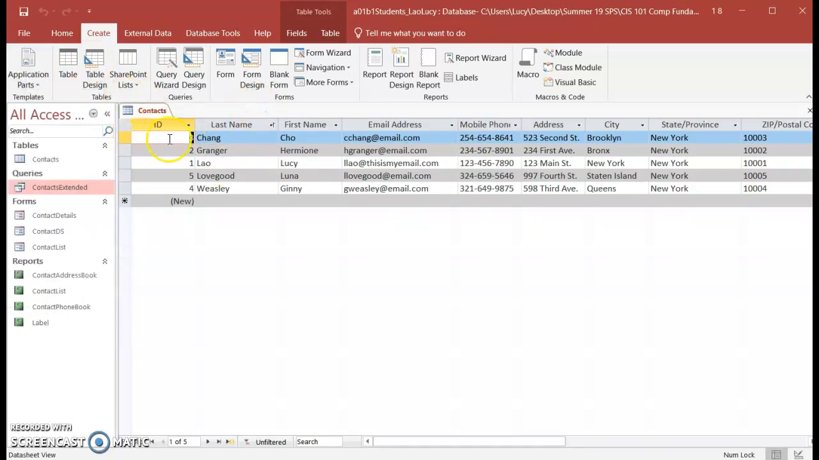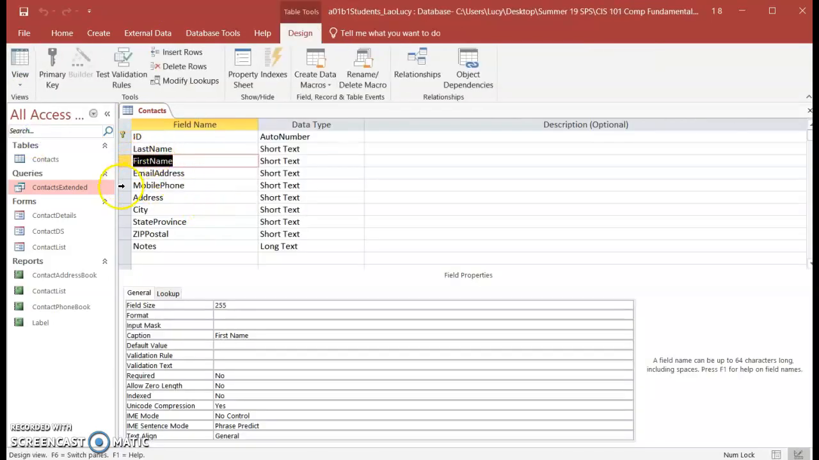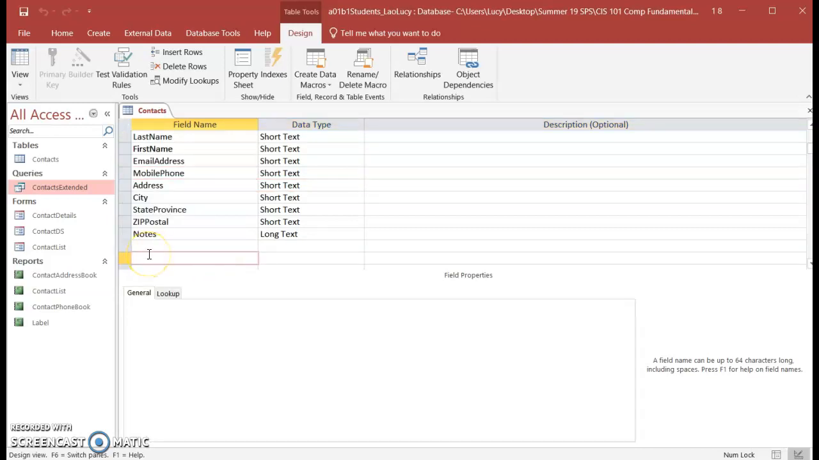Once we do that, our contacts template is here, and we want to delete the fields we don't need. So we go to Fields, and we go to View, and we go to Design View, and then we just click on the fields we don't need, such as the company, the job title, the business phone, things like that, and we hit Delete Rows. After we delete all the rows we don't need, we save it, and we go back to our datasheet view,